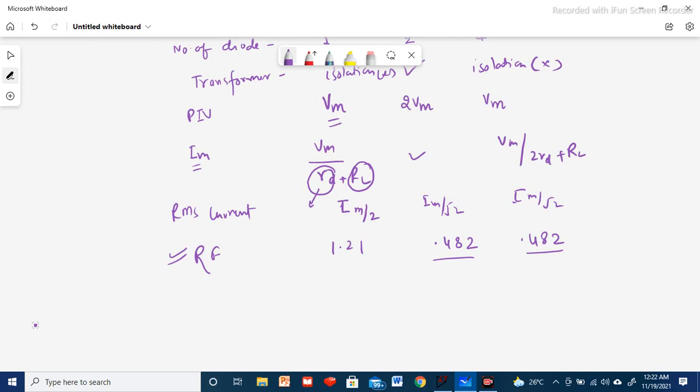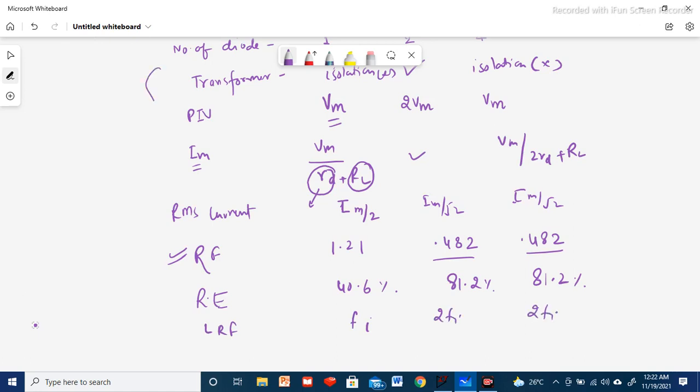And then rectification efficiency, that value I will just say. It will be exactly half for the half wave rectifier, 40.6%, and doubled for these other two, 81.2%. And finally, because we are not getting the exact DC output, there will be ripples. So what is the lowest ripple frequency, LRF, for all these cases? It will be Fi for this case, 2Fi for this case, and for this case also it will be 2Fi.